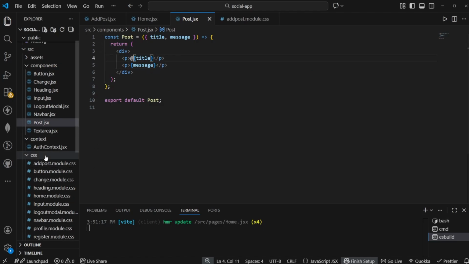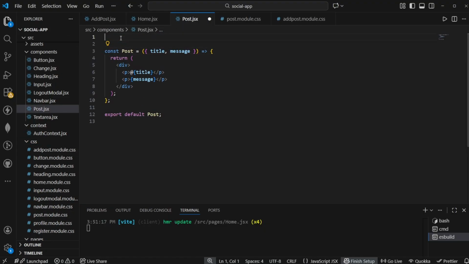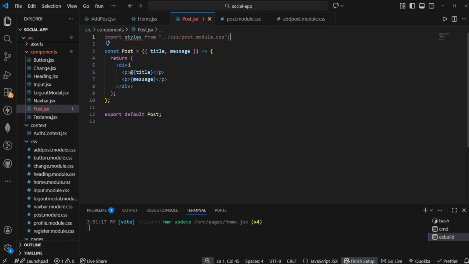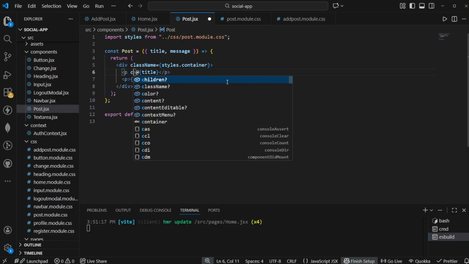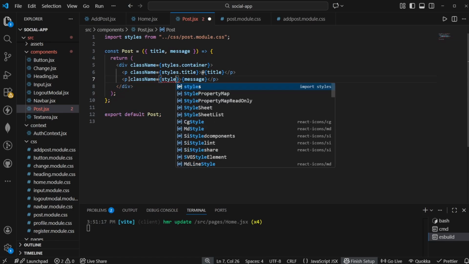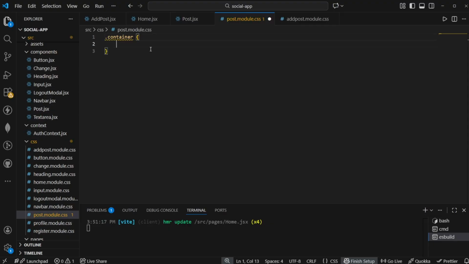Let's also create a style sheet. So post.module.css. And let's just import that one for now. So import styles from /css/post.module.css. And now this here can have a className of styles.container, className of styles.title, and className of styles.message. So .container, .title,